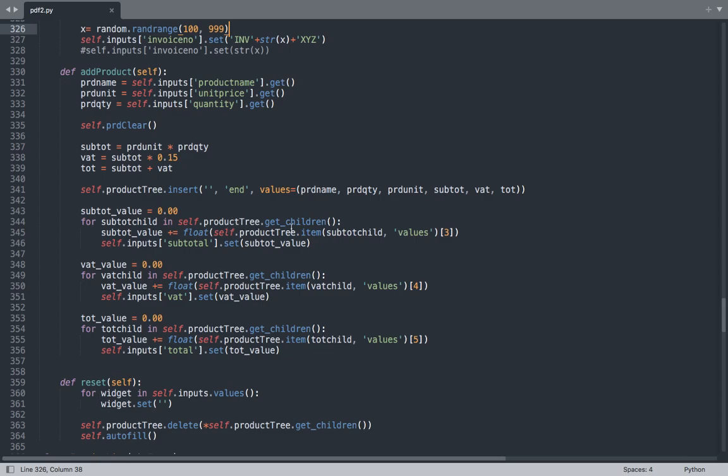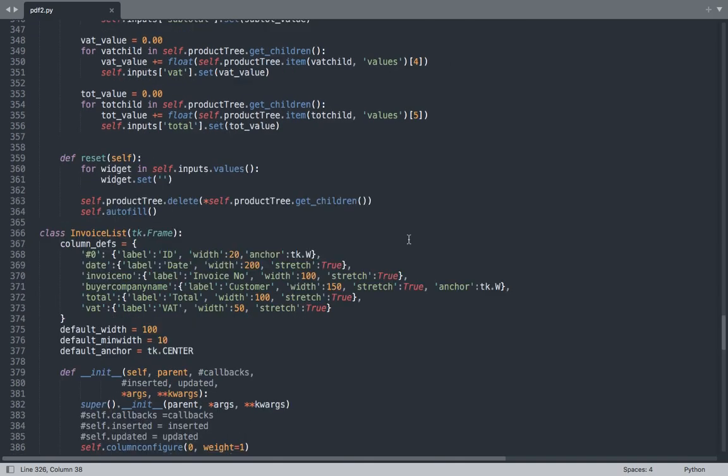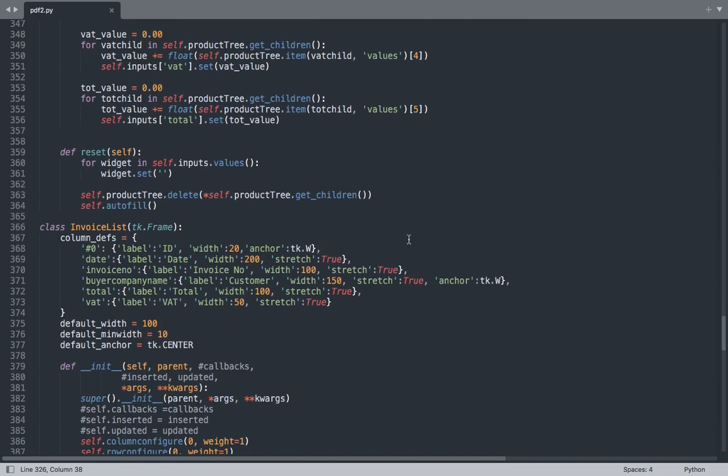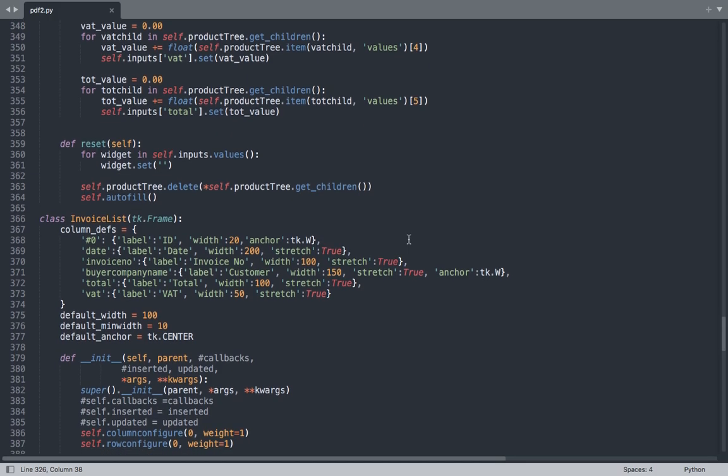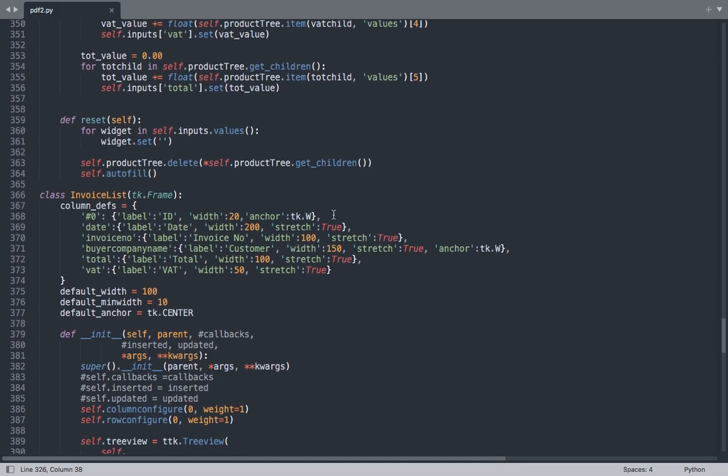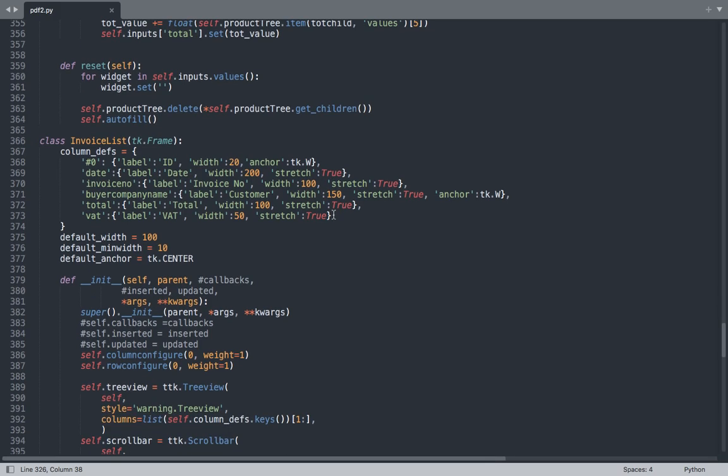The reset method is responsible for resetting the input fields and clearing the product tree widget. It sets the values of all input fields to empty strings using a loop over the inputs dictionary. It deletes all rows from the product tree widget using the delete method. Finally, it calls the autofill method to autofill the date and invoice number fields with new values. Please note that the code assumes the existence of a dictionary called inputs that maps input field names to their